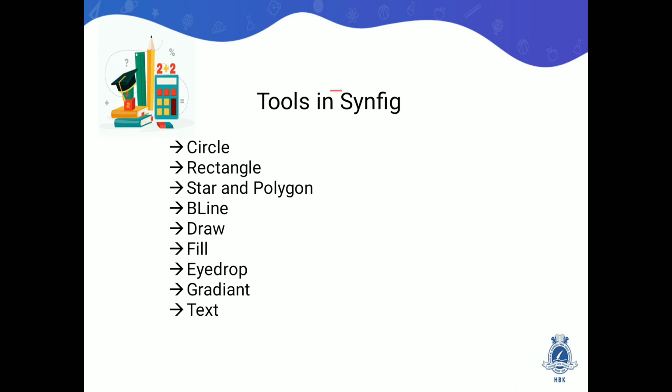Then if we want to design a rectangular shape, we have the rectangle tool. Then we have the star tool. If we have a 5-curve or 5-sided shape and want to design a star, we have to take the star tool. Then we have the polygon tool. Whenever you want to design a shape having more than 5 curves, more than 5 vertices or more than 5 sides, at that time you have to take the polygon tool.